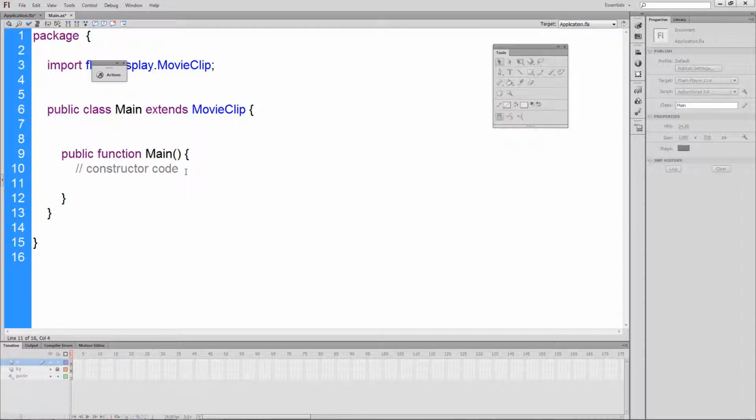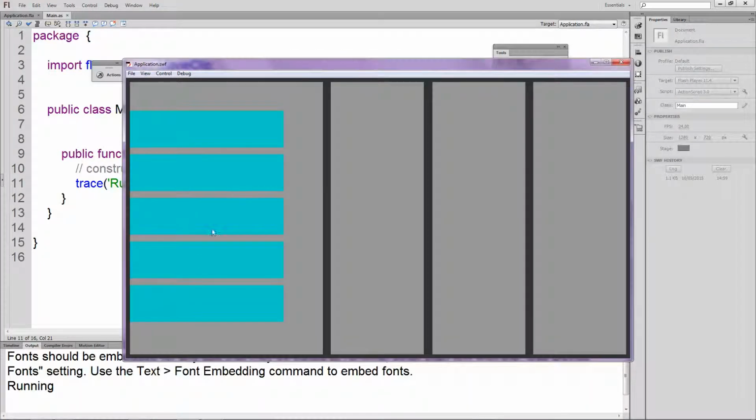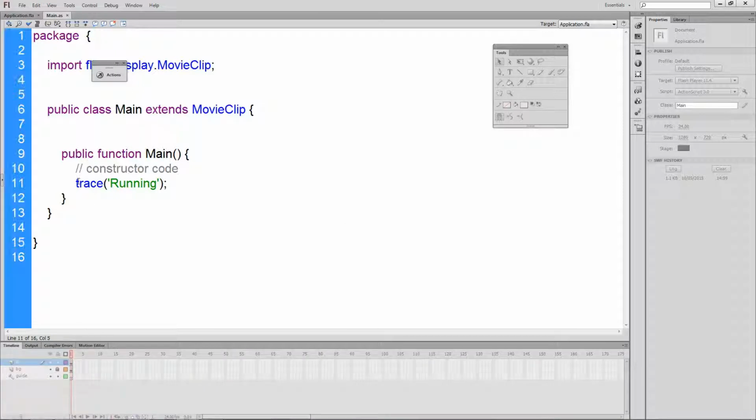So an example would be to just show you a little trace statement. A trace just puts something in the output window, so we'll just put in a trace running to see that working. And we need to remember to save our ActionScript files before we test them. So I can test by using Control and Enter at the same time, and then we'll just see down here in the output window it says running. That shows you that that's happening. The output window's quite useful for that purpose. So in there is where we will be